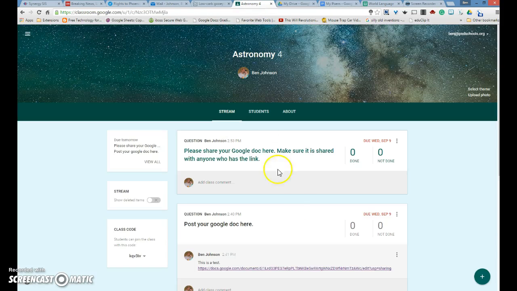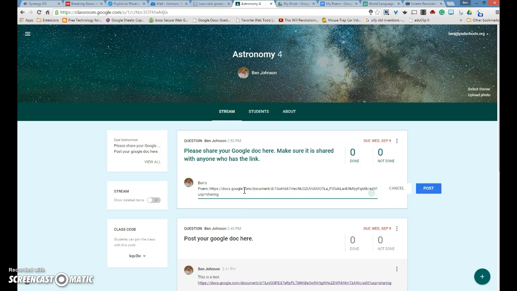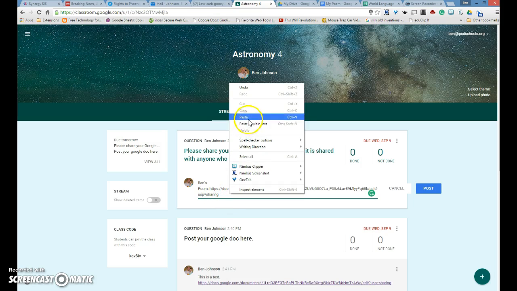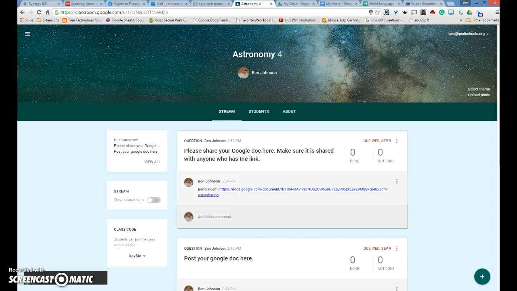Then they can go back in your Google Classroom and add a comment here, maybe something like Ben's poem, and then paste that URL with a right-click paste, or they can use a keyboard shortcut, and then they can post that. All right, now students will be able to click on this. Anybody that has the link will be able to click on it, open it,